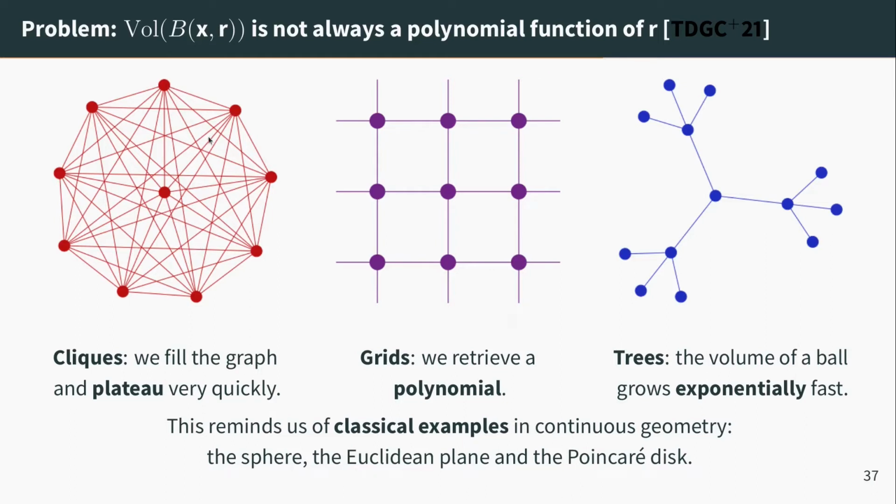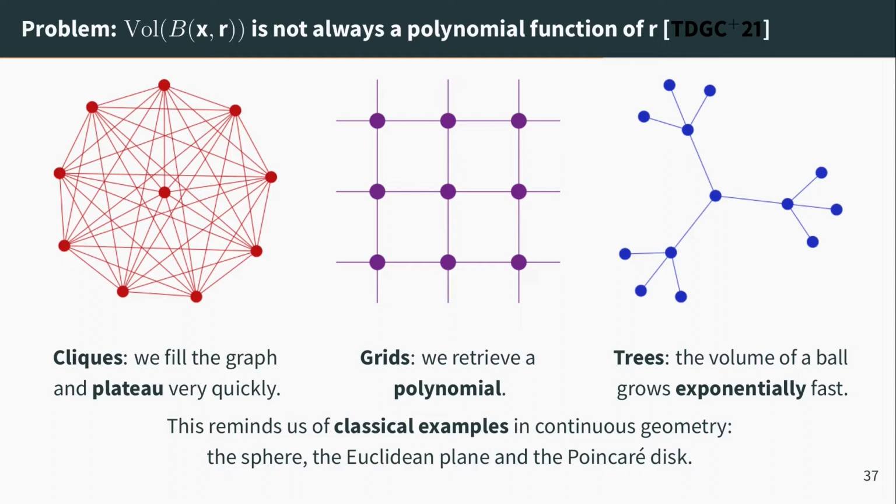So in some sense, you understand that there is an analogy between a sphere and this type of graph. It's not a coincidence that when you try to display cliques as aesthetically pleasing graphs, you display them using ball-like shapes. Then you have Euclidean planes, and those kinds of exponential behaviors of the volume function remind people of hyperbolic spaces like the Poincaré disk. These are notions that we're going to see in 2 weeks, but I had to choose between first showing you discrete objects like trees or continuous objects like the Poincaré disk, and I thought showing you trees first is easier. So we're going to start with that.